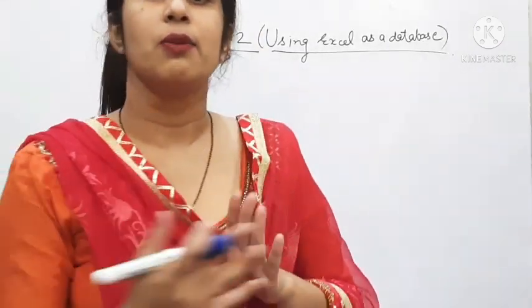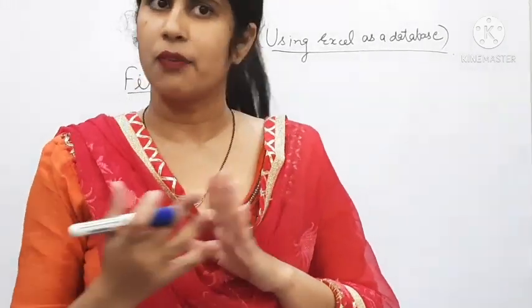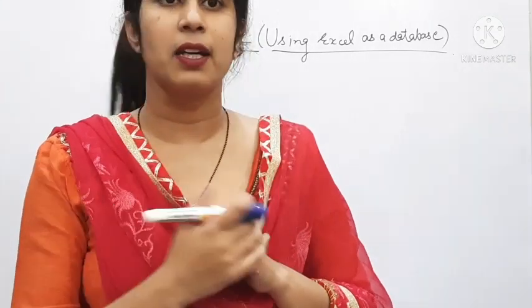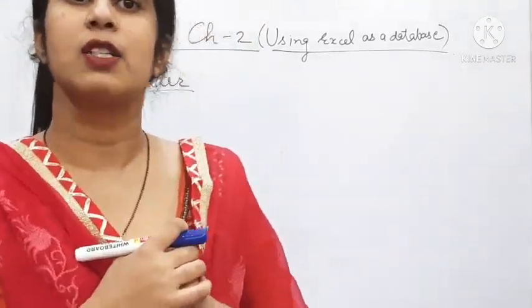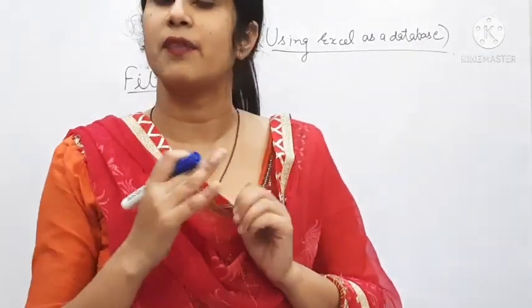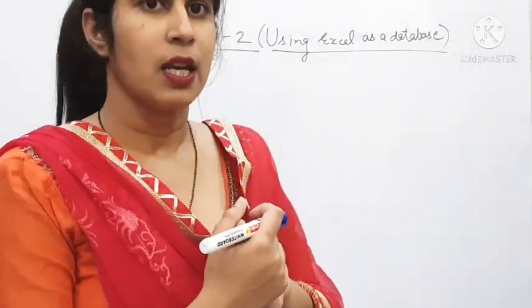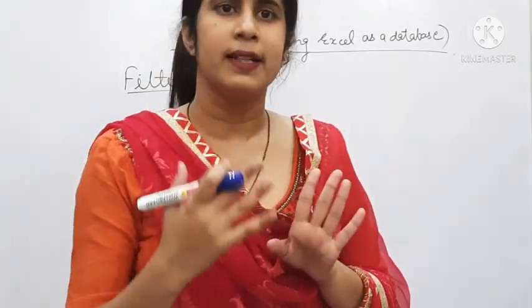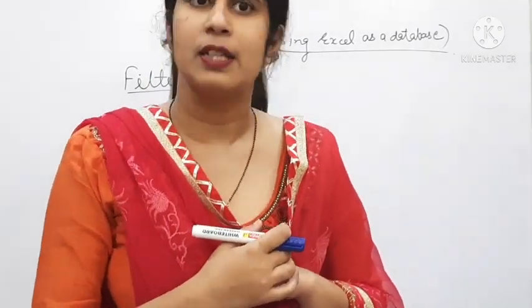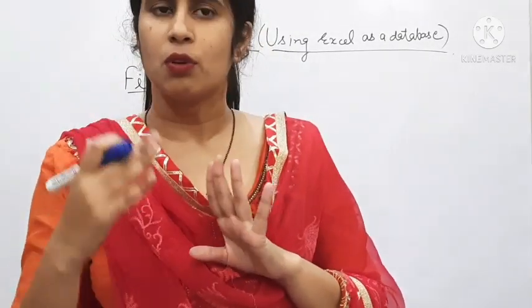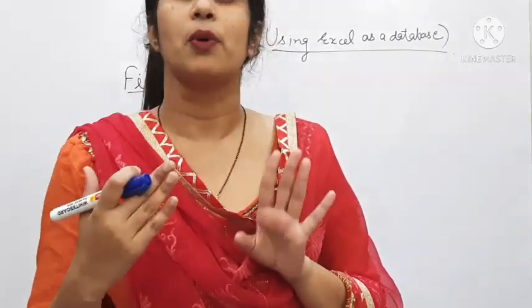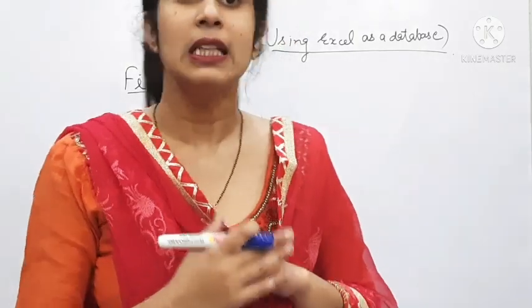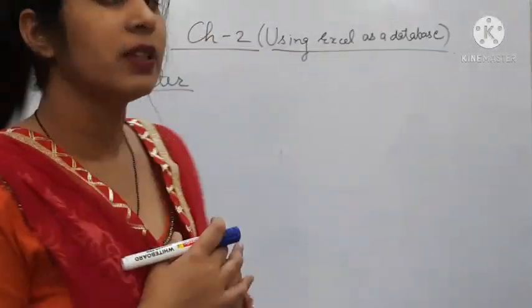So what is the use of this RO? It is a filter. We get the filtered water. We are drinking the filtered water. Why are we drinking it? Because it is pure. Okay, it does not have any kind of impurities. Now here the filter works. How does it work? It removes the impurities from the water and it provides us pure water. Okay. In the same way this filter works in the computer.